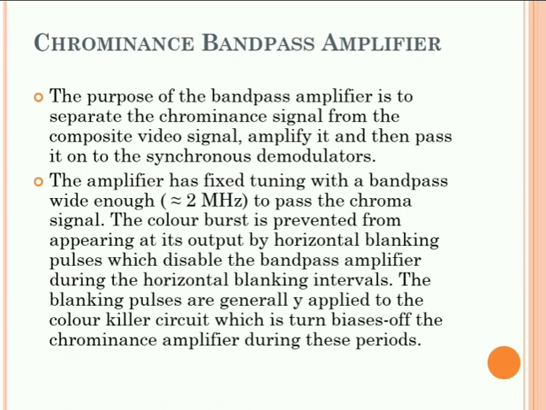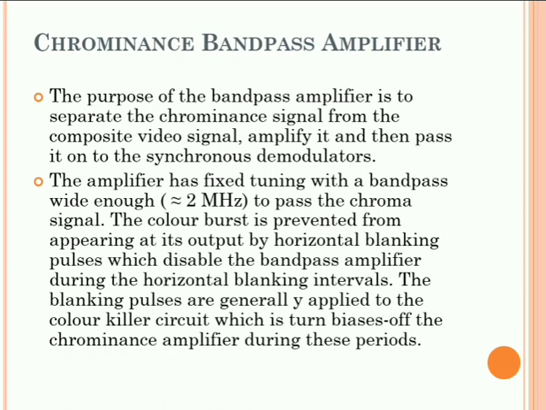There are two demodulators in the NTSC decoder, the I demodulator and the Q demodulator. The amplifier has fixed tuning with a bandpass wide enough, almost equal to 2 megahertz, to